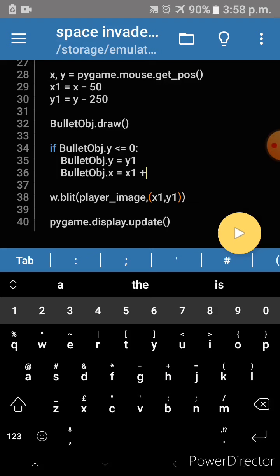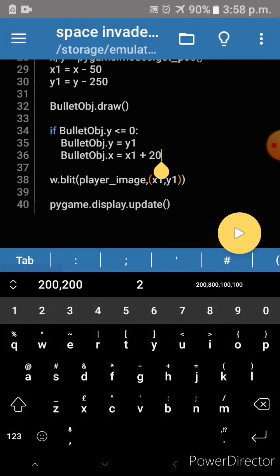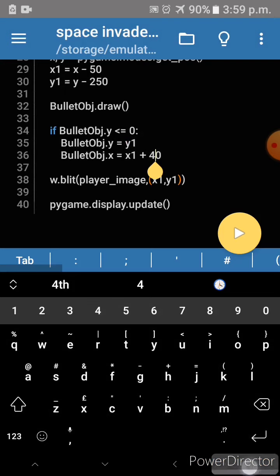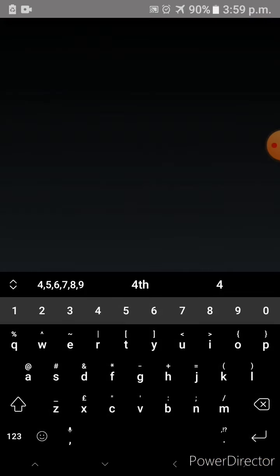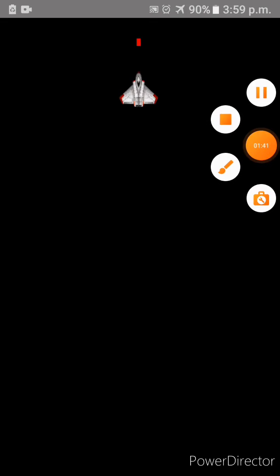Bullet object dot x is equal to x1 plus, I am giving 20. Now let us see. Again, you want to play around with the numbers to get the correct value for it. A little bit more. I think 45 will be the best. Yes, that is the best for the bullet.